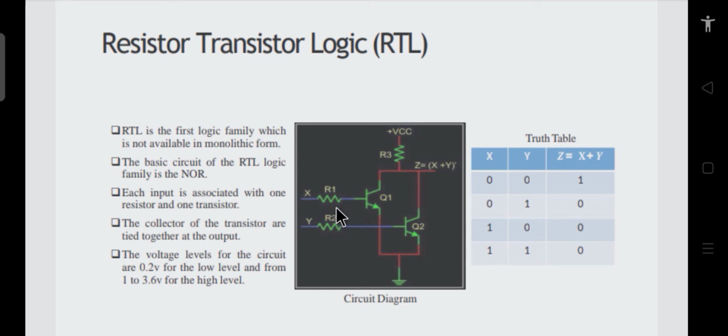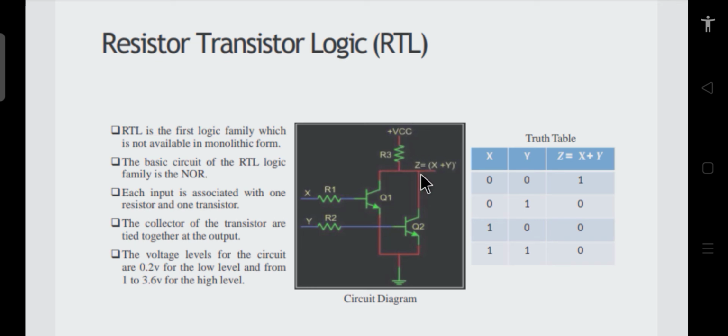Whereas if any of the inputs is 1, then whichever input is 1, that particular transistor, or both of them, will turn on. Say the inputs are 1 0: in this case, this transistor is on and this transistor is off. When a transistor gets on, current flows through, because this VCE, the collector to emitter voltage, is very small, and the drop looks almost like a short circuit. So this VCE will be very small and the current flows through this path.